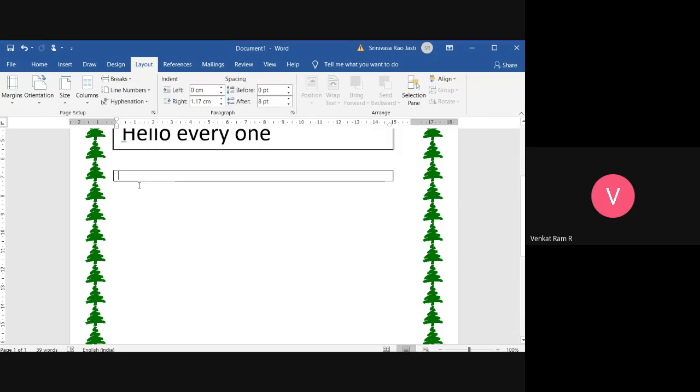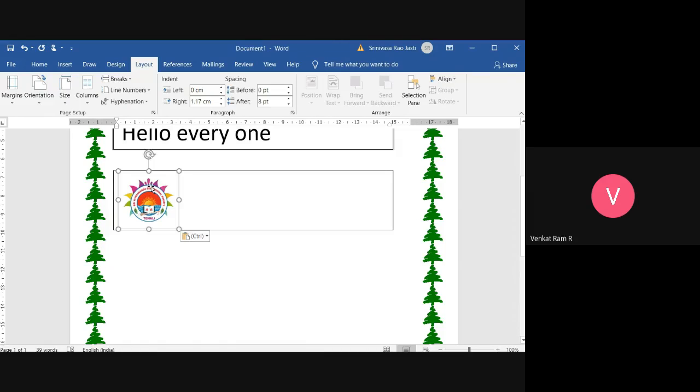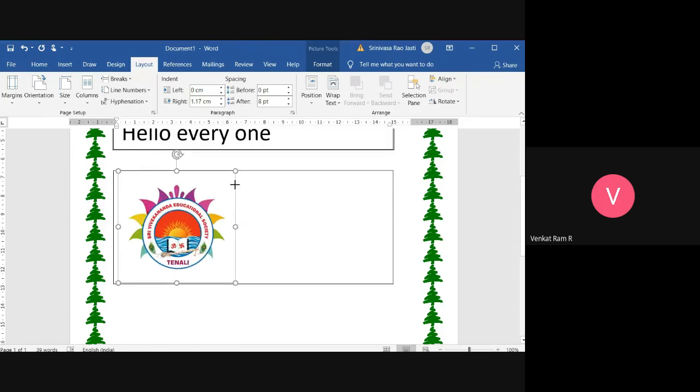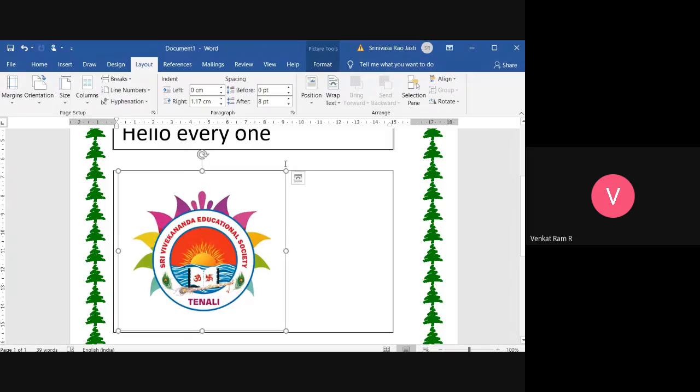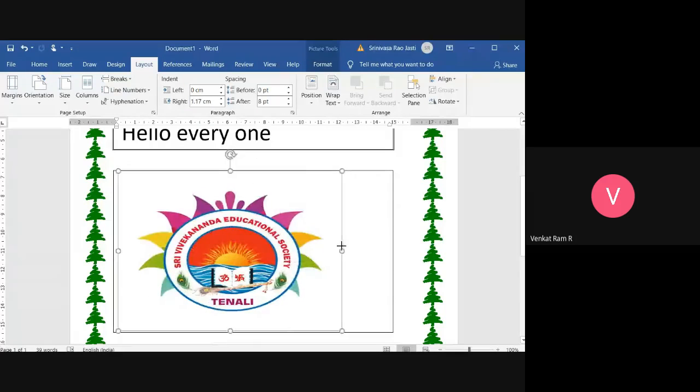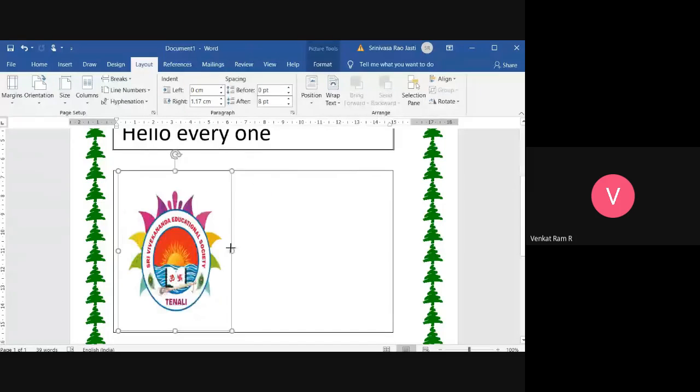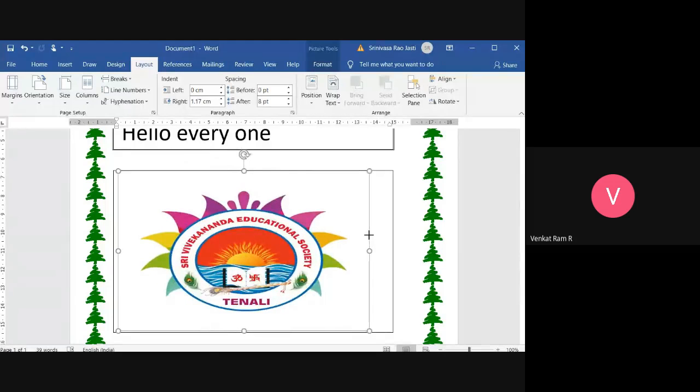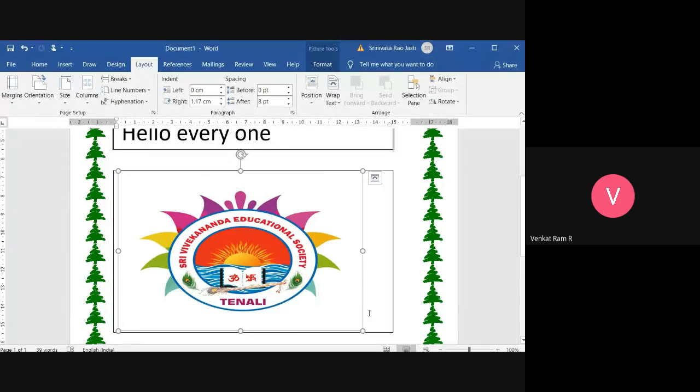Okay, and see here. You can increase diagonally using the corner handles. If you want to increase right side and left side or top side, then use the side handles. But when you are using the side handles, the length and breadth may vary.